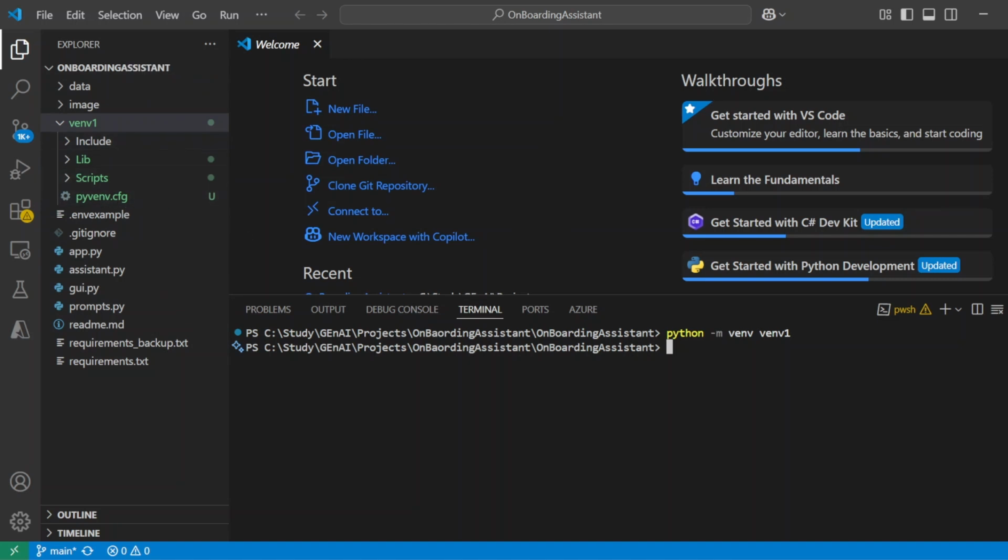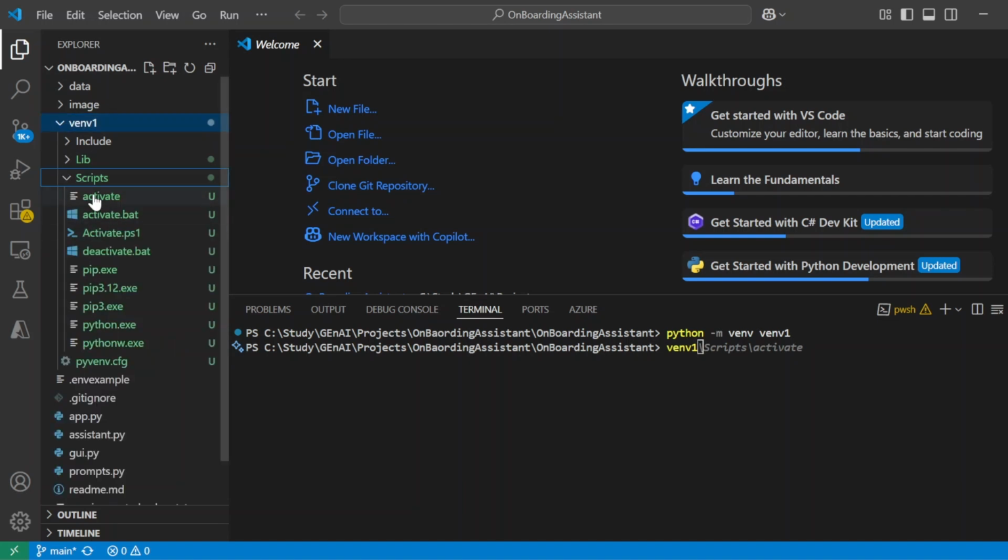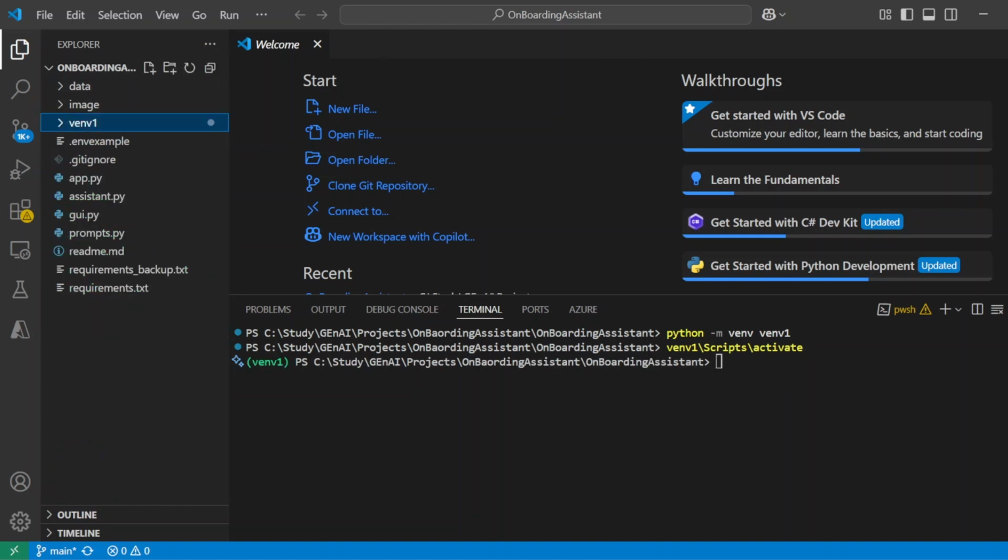Now I need to activate this one for my project. If I go inside venv1, I can see there is a folder called Scripts, and inside that you have something called activate. I will run this activate command. It will activate this virtual environment for my current project, and you can see the name of your virtual environment right in front of the command prompt. Superb. All right, so now my next step is to install all the